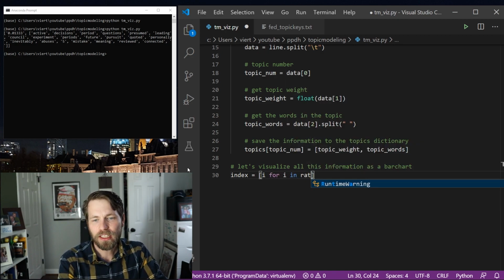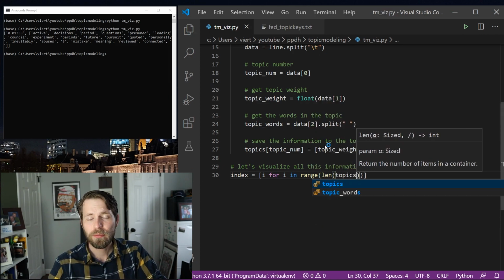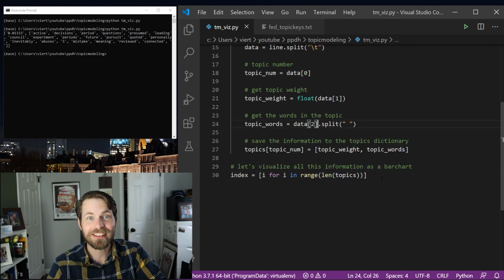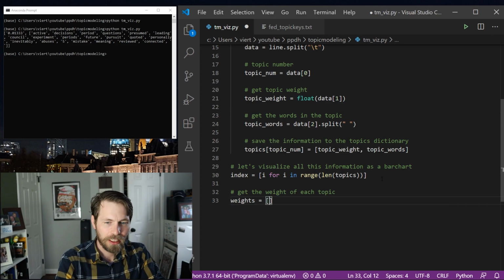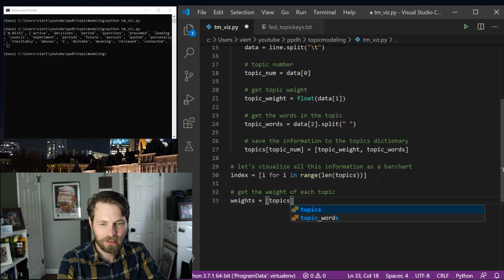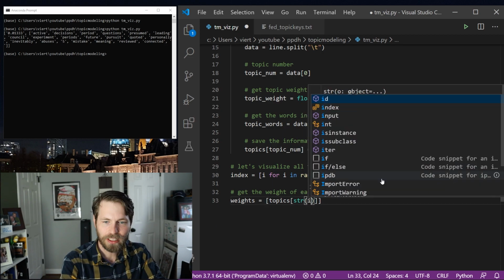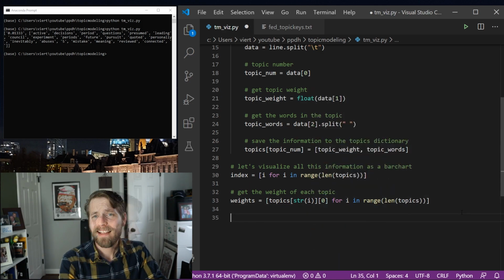for i in range. Here, this is going to be the length of topics, because that will just check the length of the keys associated with this dictionary. And so now we need the weights. So get the weight of each topic. I'll say weights here is simply topics, string, string i, and this is the first object here, 0, for i in range, length, topic,